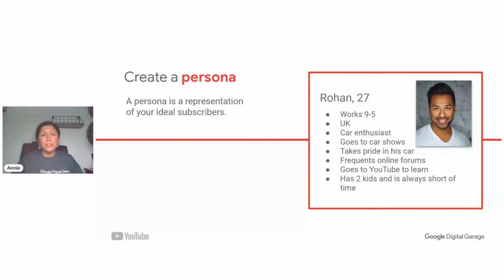But if you don't have subscribers yet, many of us might still be starting out, not a problem at all. Don't forget that there's the advantage of looking on YouTube and searches to see what kind of interest there is. So have a look on YouTube and see what is ranking and the kind of people that follow those topics that you might be interested in sharing as well. And then you might get an idea more about who your persona is going to be.